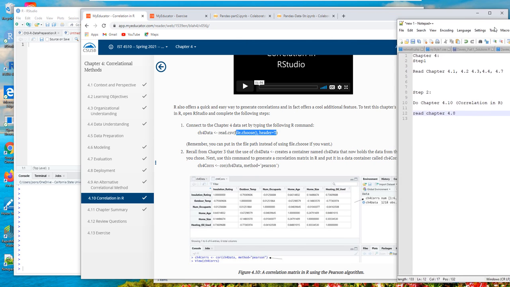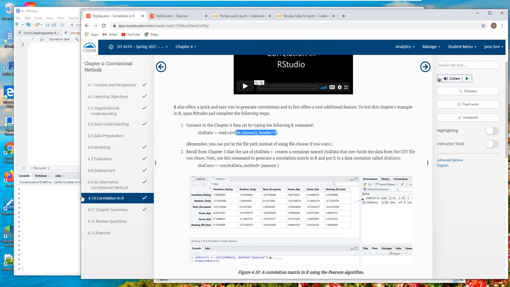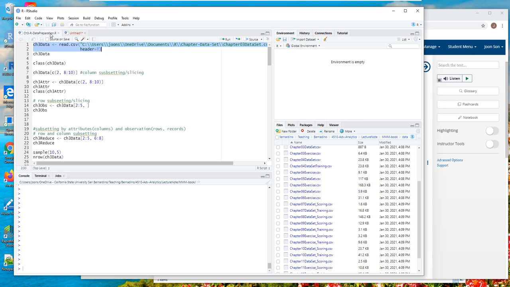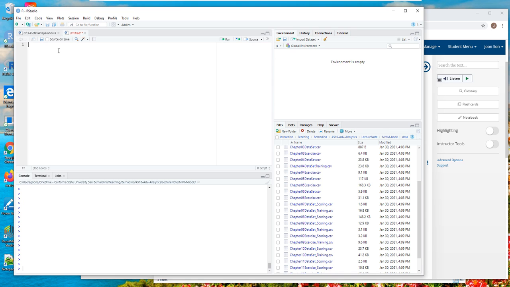Now, there are a couple of ways you can read a file. The first way, as I showed in my previous lecture, is to use read CSV and provide the full path followed by the file name, making sure you have the extra backslash.